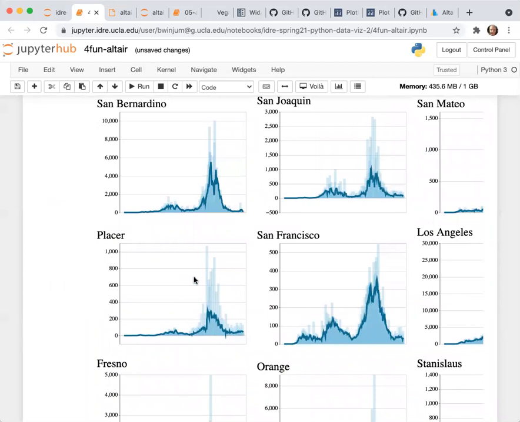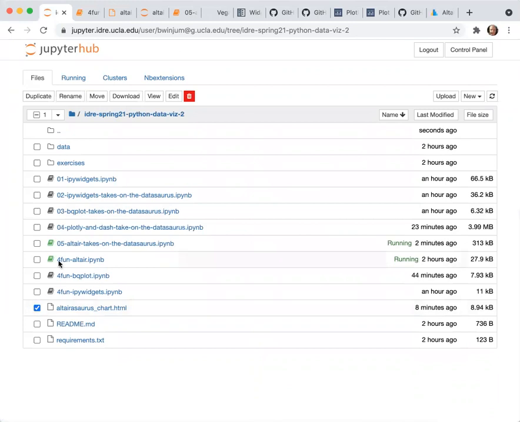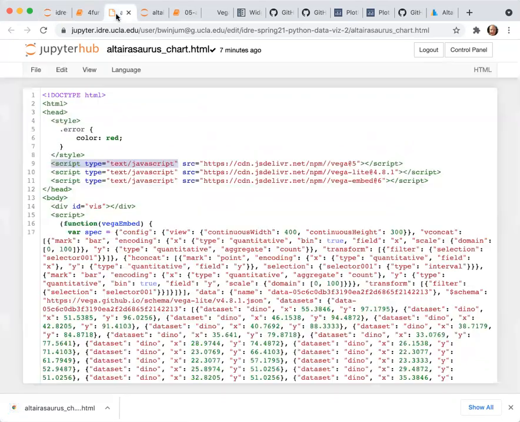There's a question: when you email the HTML file to someone, it seems they have to log into Jupyter. Perhaps we can talk about this afterwards, but what I personally would have done is click on this button and say download. And then let me see more closely what's inside of the file.